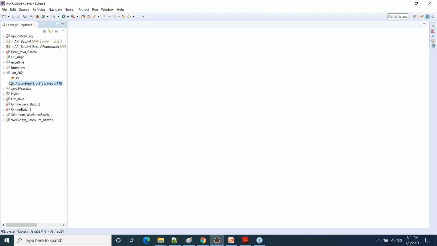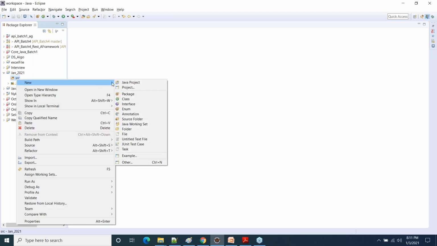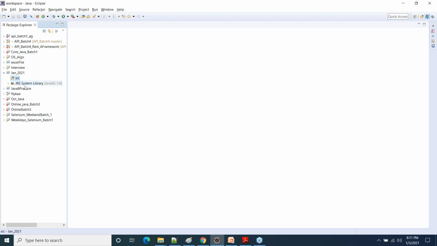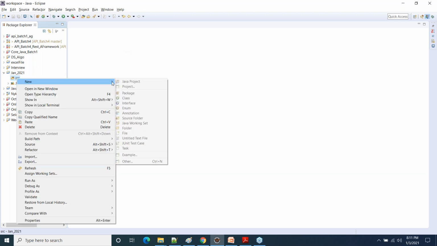Okay. So now I will be creating my first .java file. How to create a new .java file is very simple. Right click on your SRC folder, new, and here you will have to say new class. You'll have to create a new class in Eclipse. Again, I will tell you how to do that. Right click on SRC, say new, and say new class.